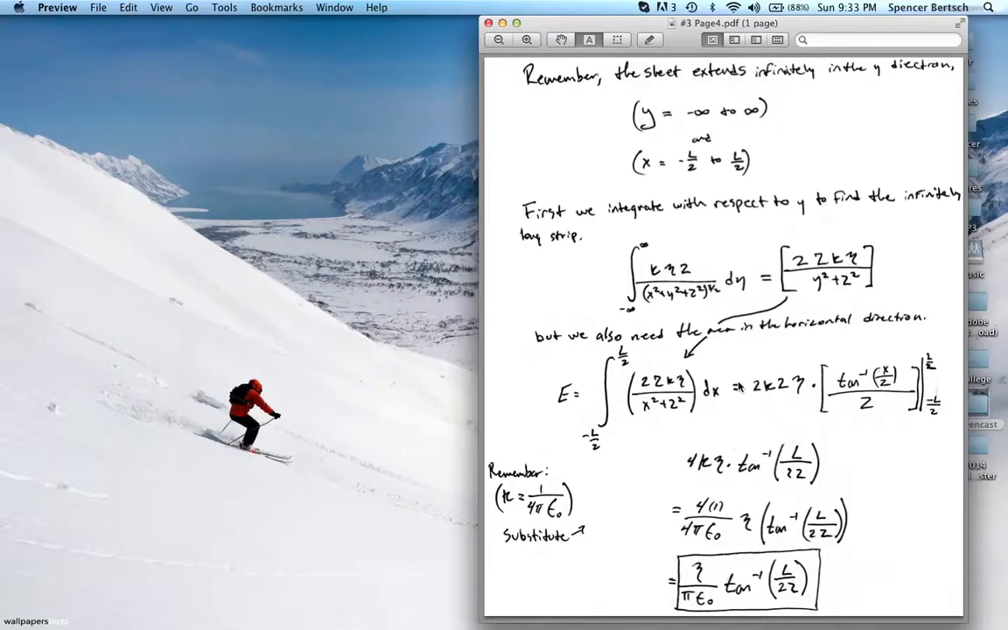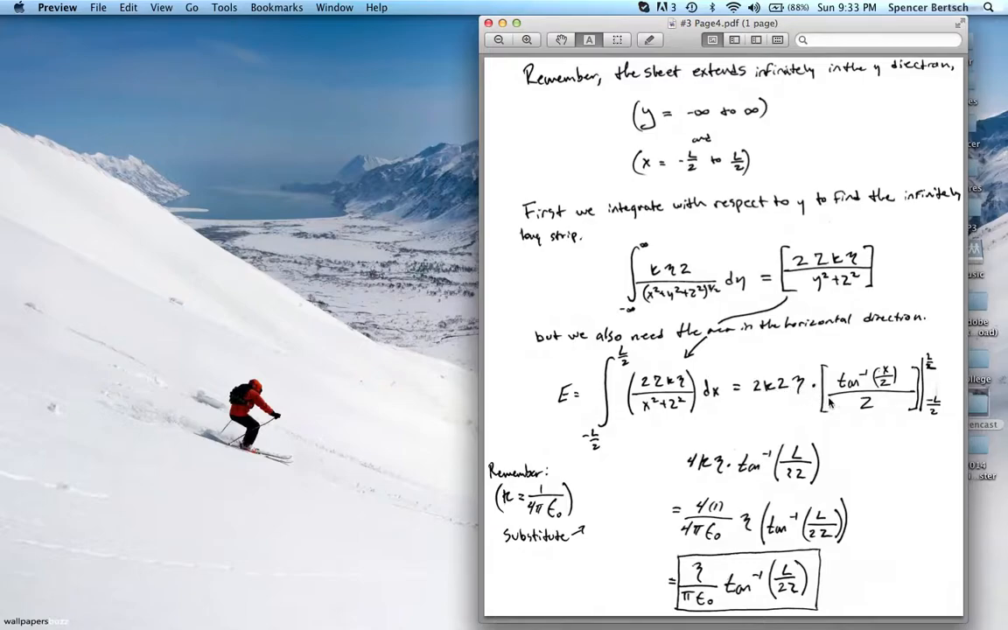You want to find the area from negative infinity to positive infinity in the y direction, but then in the x direction you also want it to sweep out area from negative L over 2 to L over 2. So in order to do that, you have to use a second integral, and basically you just plug in the result of the first integral into the second, and then again I just use Wolfram Alpha. But the result of that was